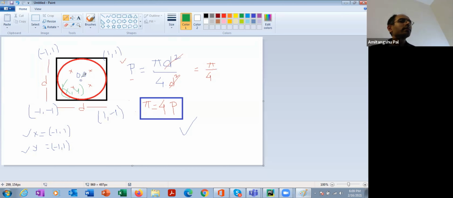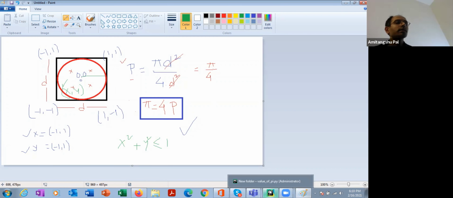Here the radius is nothing but 1. I need to check whether x square plus y square is less than or equal to 1. If it is equal to 1, that means the point is on the circle. If it is greater than 1, then it is outside the circle. That is from basic geometry.